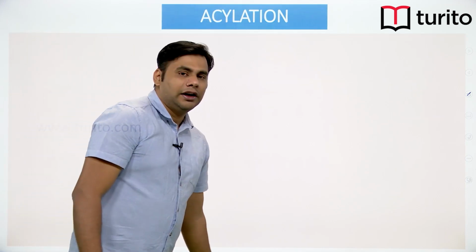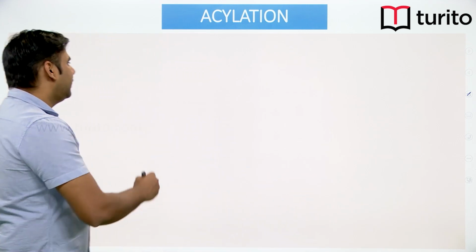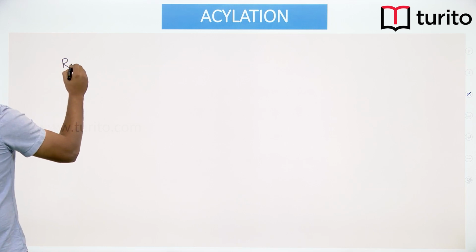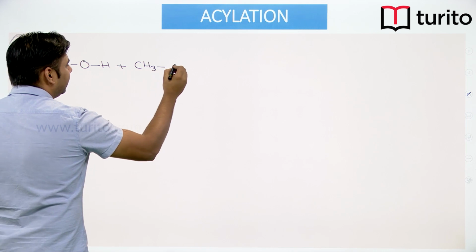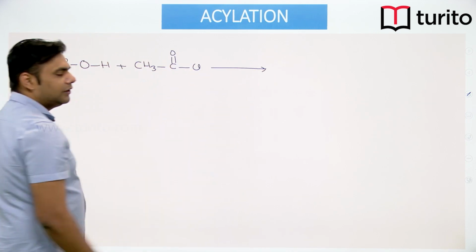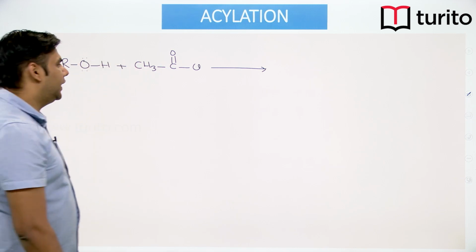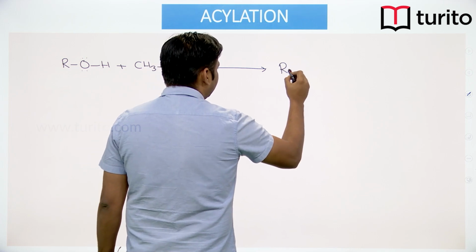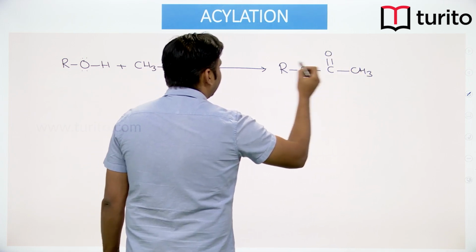Okay. So the next reaction is acylation. Now we have already done this reaction in alcohols. We say that whenever an alcohol is reacted with an acyl group, either an acyl chloride or acid anhydride, this oxygen will attack at the carbon, Cl negative would go out. So basically we would form an ester molecule over here. Now this reaction is also carried out in presence of